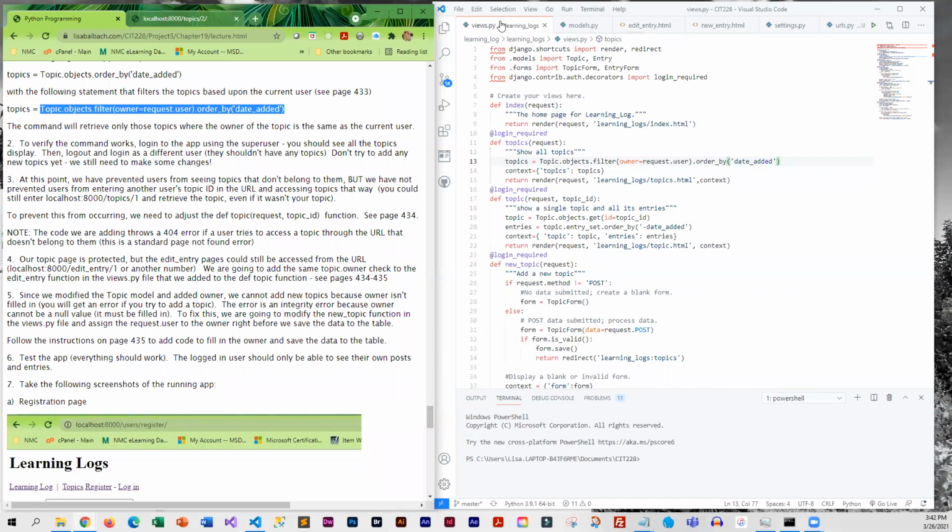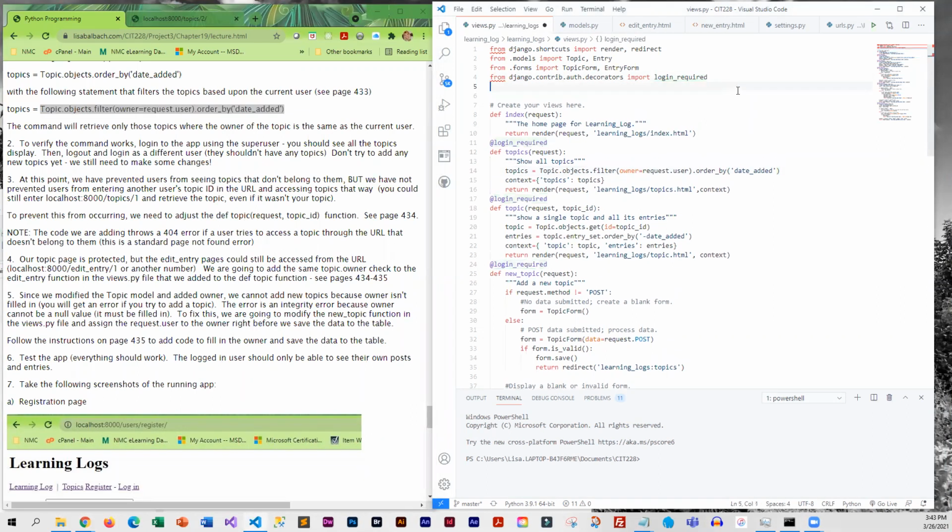So we're going to go into views, and we need to make a little edit to topic. Now we do need to import something up here. We're going to actually throw a 404 error if they try to access somebody else's page through the URL. And 404 just means entry not found. Okay, so this is how we are importing that 404 error. Then under topic, request, and topic ID,